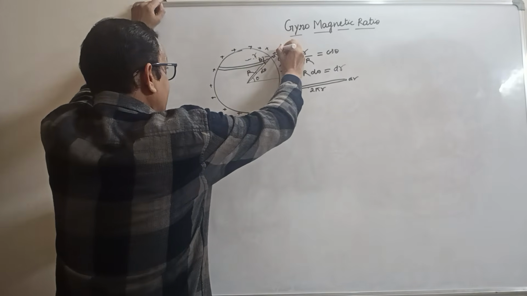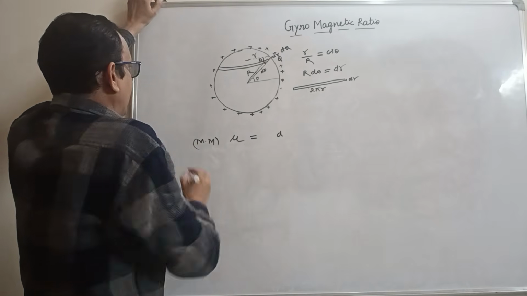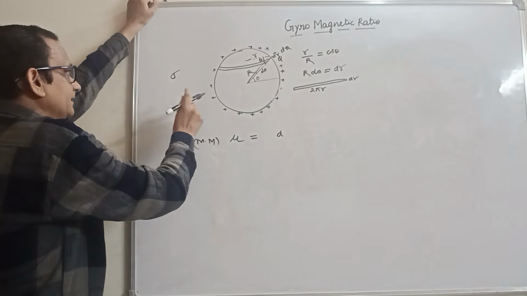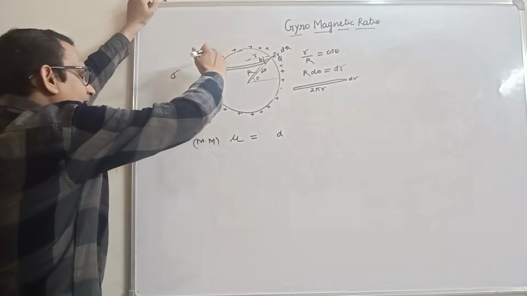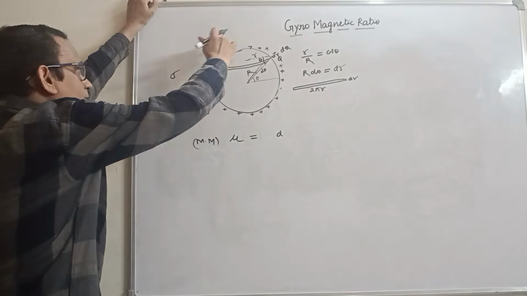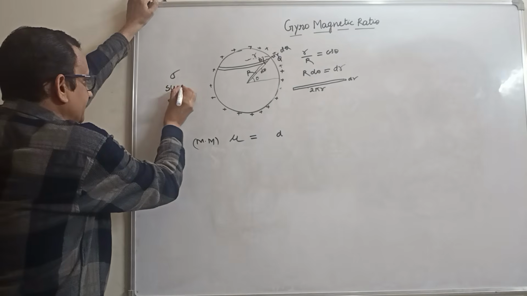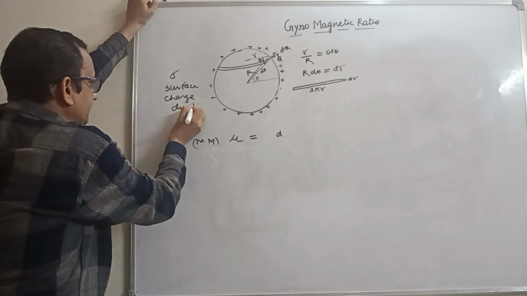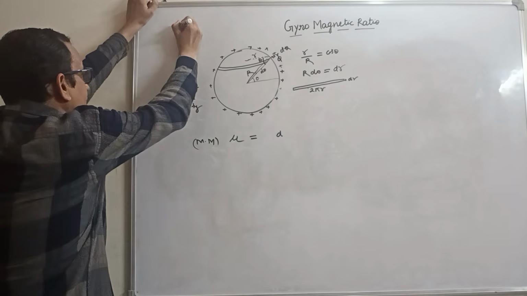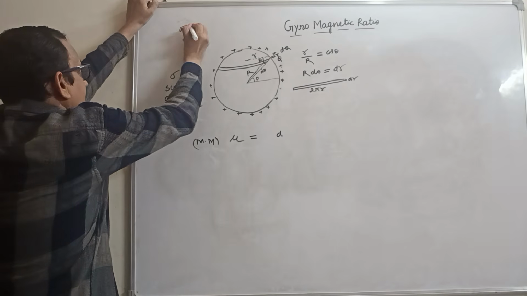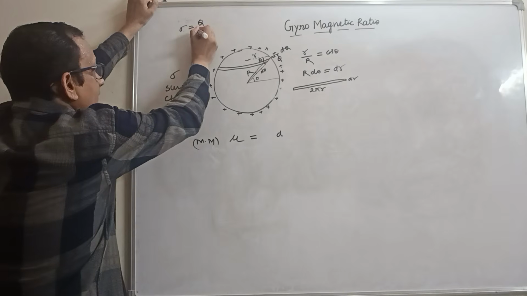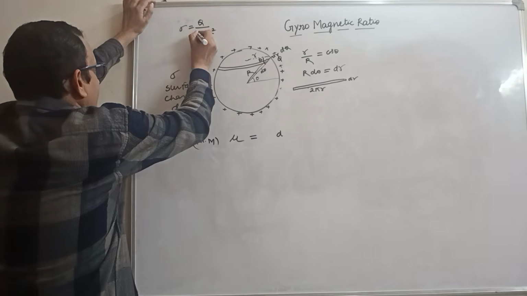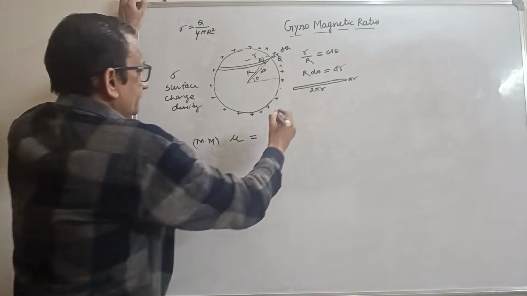We suppose dq charge is here, and sigma is the charge density. Charge density is the areal charge density, because the charge resides on the surface only. So this is the surface charge density, and the surface charge density would be sigma, total charge q upon 4 pi R square. The area of the sphere is 4 pi R square. This is the surface charge density.